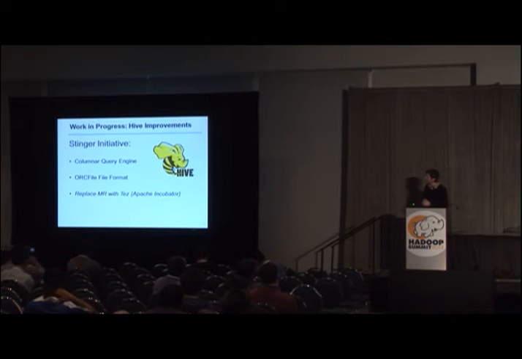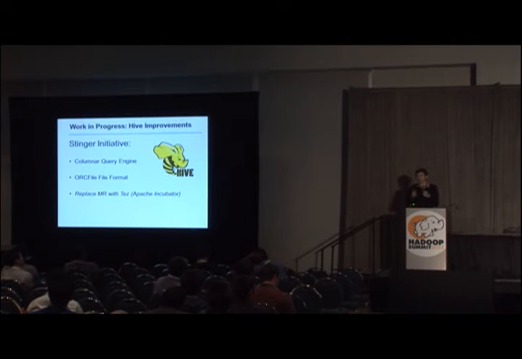And going hand in hand with that is also the design of a new column-oriented file format called ORC file, which is in many ways the successor to RC file, which had been a format designed at Facebook. And then most significantly is the Tez project, which aims to replace MapReduce with what is in effect an improved version of MapReduce, which eliminates some of the overhead found in MapReduce. It also allows you, in many cases, to avoid the forced materialization to disk step that you see otherwise in between the map and reduce stages. So I think all of these efforts show a great deal of promise, but for the rest of this presentation,